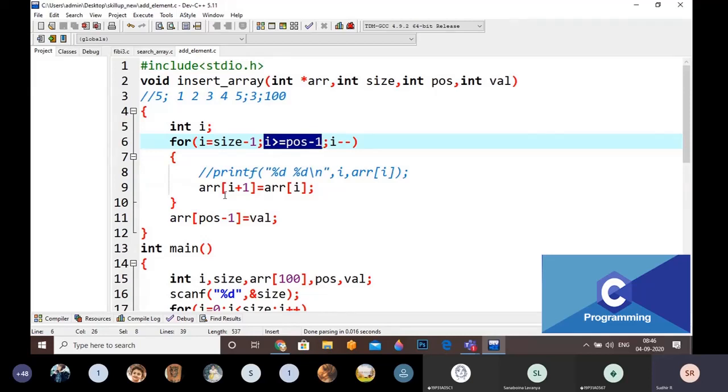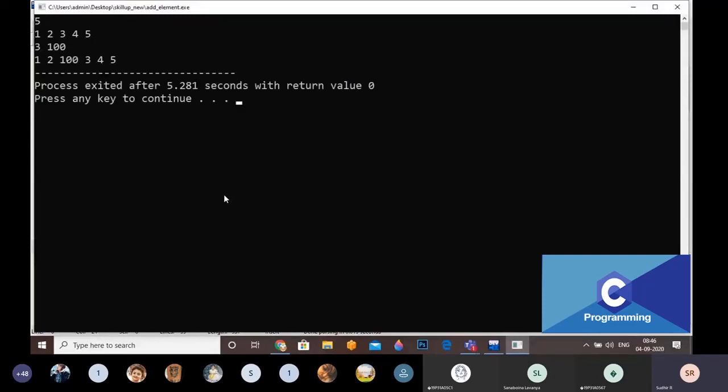That's why i is greater than or equal to position minus 1, then i minus minus. Position minus 1 is the index. That's why I am writing like this. We can write like this also, same thing. 5 values: 1 enter, 2 enter, 3 enter, 4 enter, 5. I am going to give 3 and 100. Is it working or not? Yes, it is also working now.